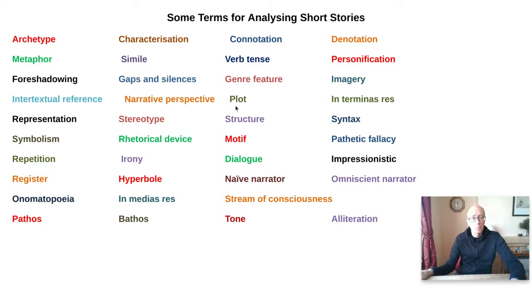In terms of the plot and the structure, it could well be that you go for something simple that moves forward sequentially in a chronological way. It may well be that you want to mix things around. You might do, for example, in medias res, or rather in ultimas res, a Latin noun phrase meaning at the end of things, which means that you start your story with the very ending. And we know films do that quite a lot. If you think of the classic Titanic film from 1997, that starts at the end because you've got the old lady who's the survivor of Titanic who starts off the film. Okay, so you could think about structure. You could think about ways that you could mix things around. What else have we got?